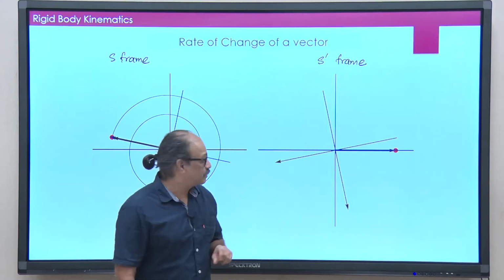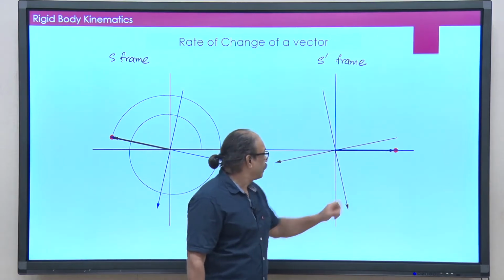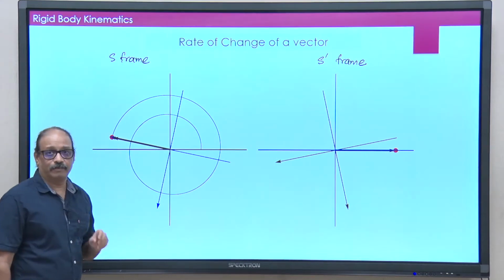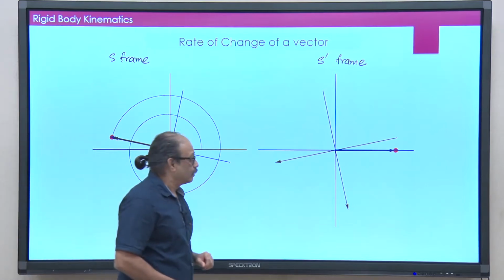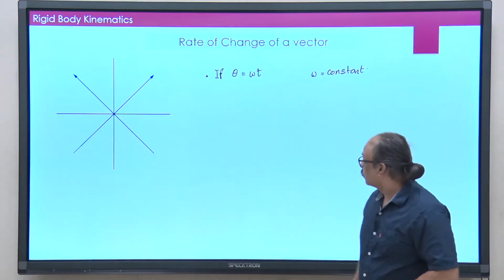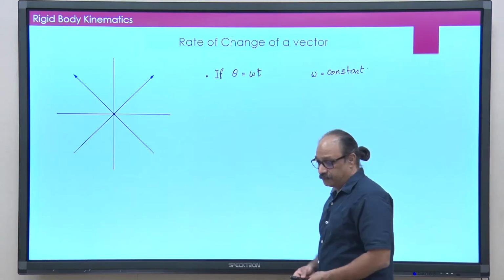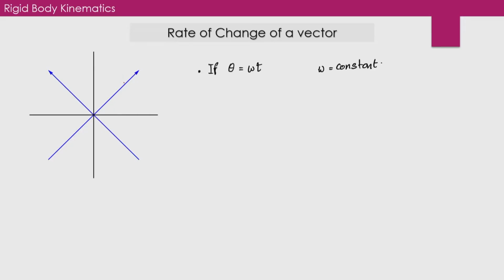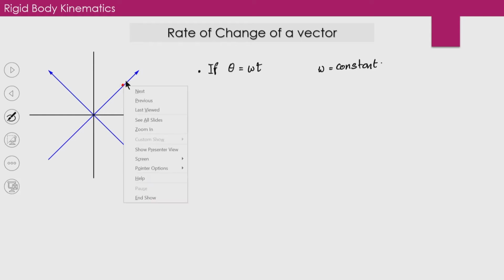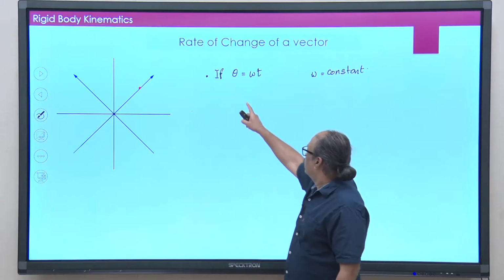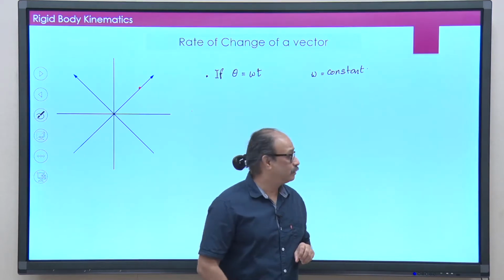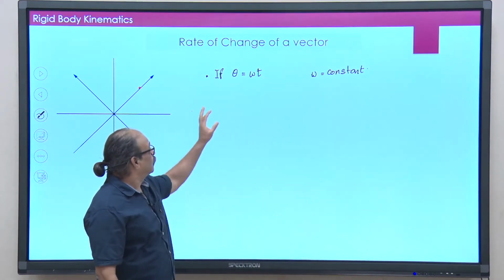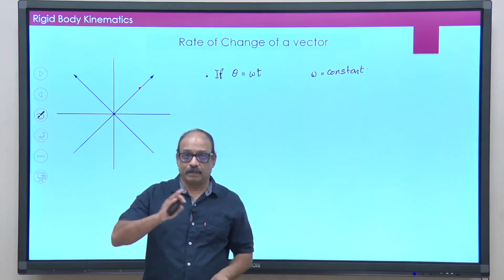Remember, the position vector remains the same. The position vector here and the position vector here, they are the same, they are pointing to the location of the particle, but the velocity vectors are not the same. Let me do that calculation. So, here for example, the particle only sits on this axis. So, the particle is there. I am going to assume that theta is omega t. Omega is a constant number, so basically the rotation is uniform.